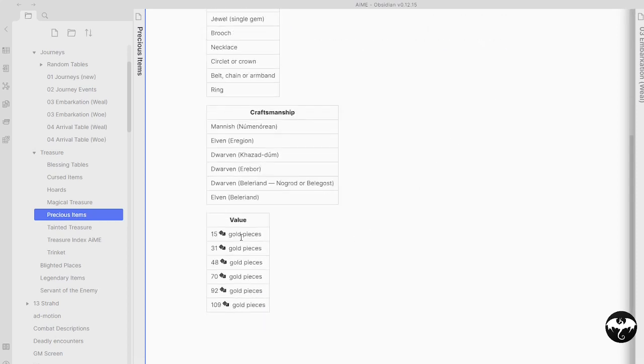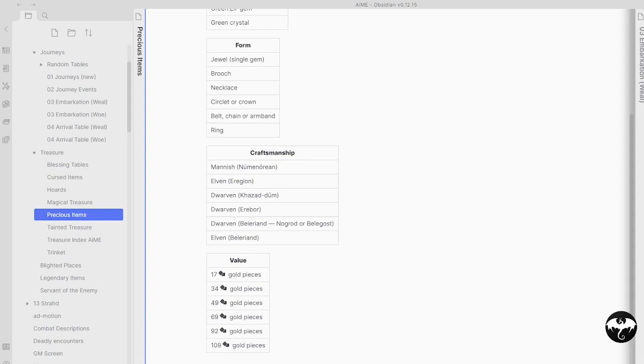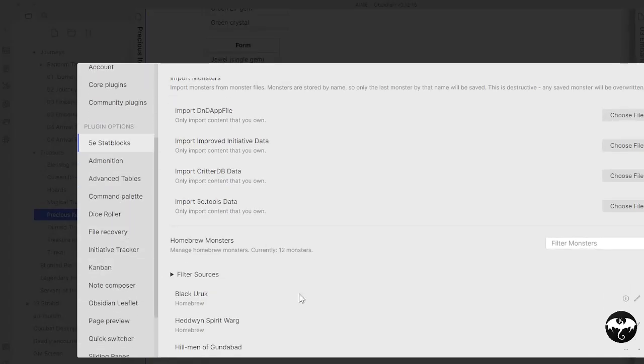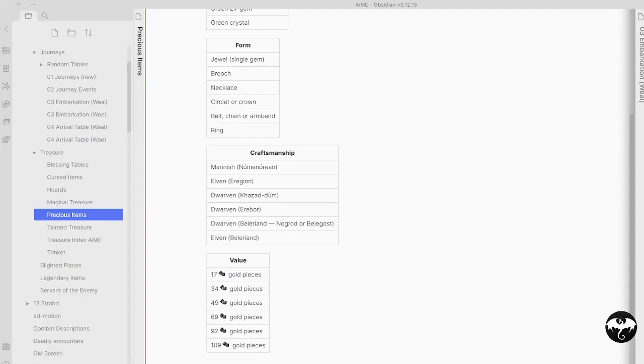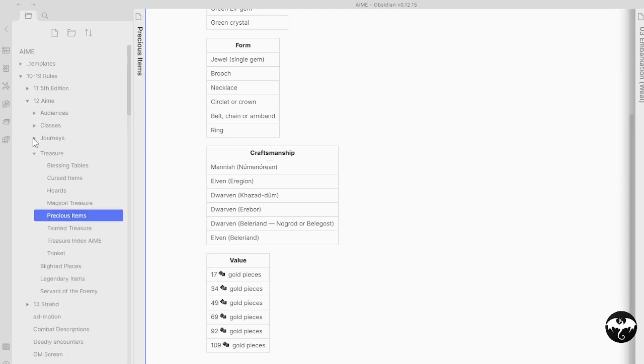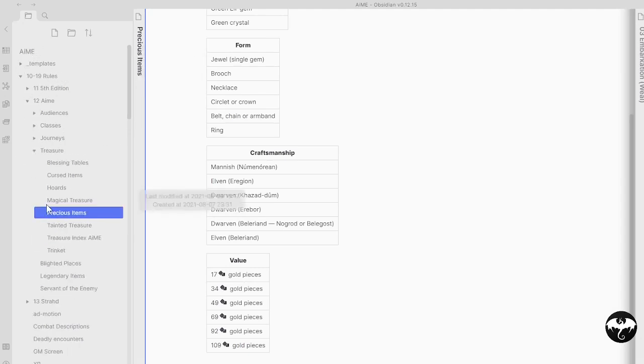So as you can see there, and you can actually roll the dice here for these gold pieces as well. So that is the dice one. What else have we got? Let's have a look at the Kanban. If you know what Trello is, that's a Kanban board. You can create your own GM screen, and I've created a GM screen for